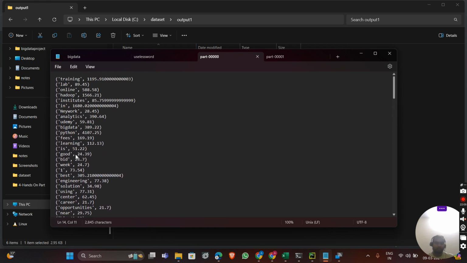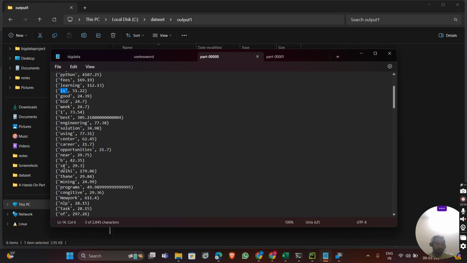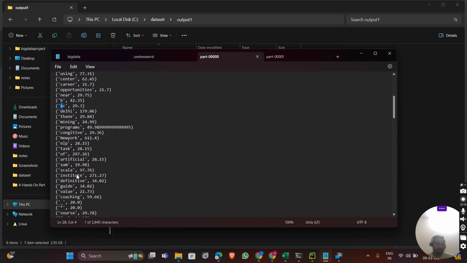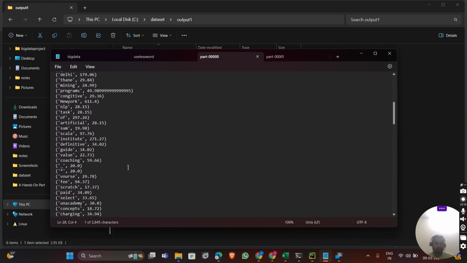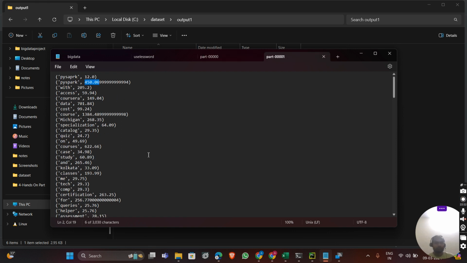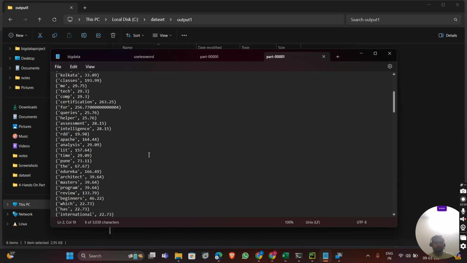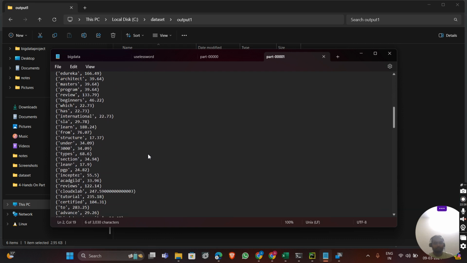So what I want to do is remove these useless words like in, each, sc, like this. I want to filter out these useless words from my output. Okay, so how can we do this? To do this we will use